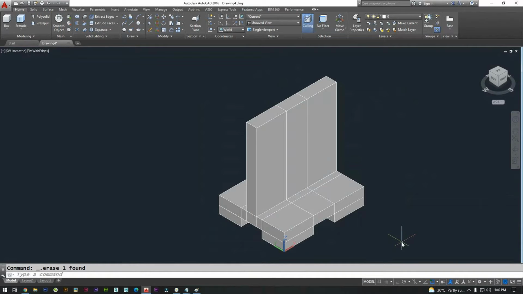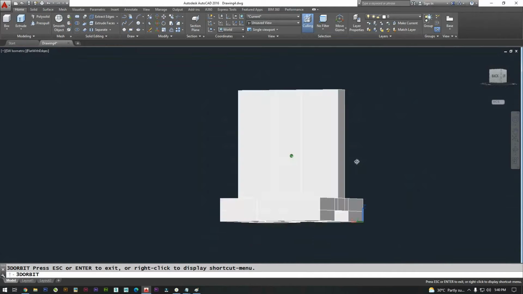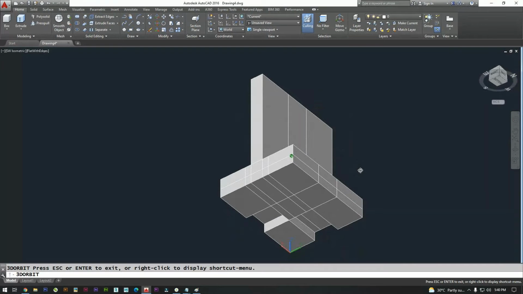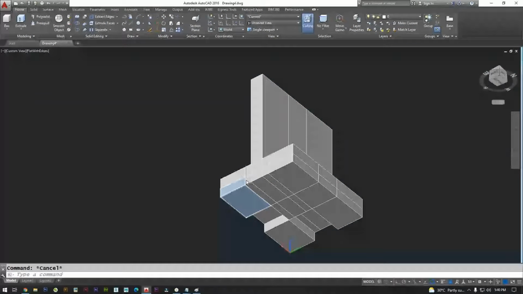We need to remove the backside portions also. So go for orbit, turn the drawing properly and you can remove it. This has to be hollow.